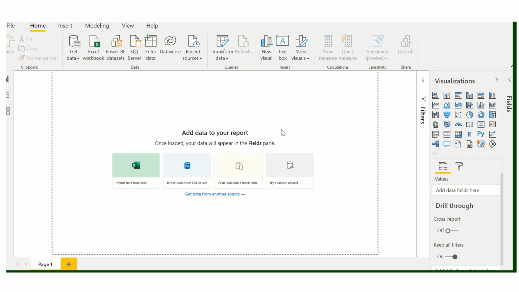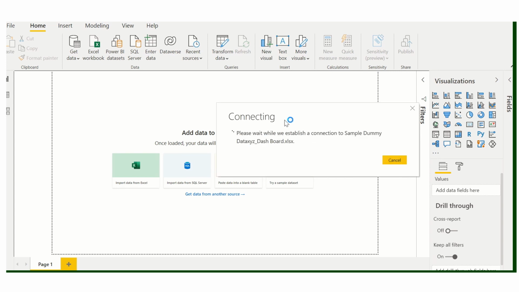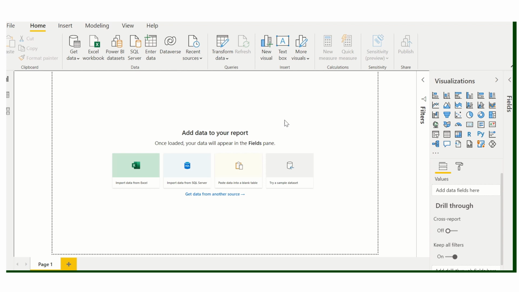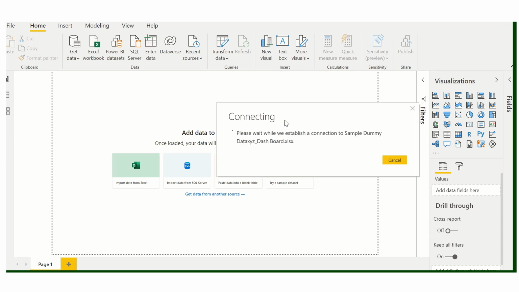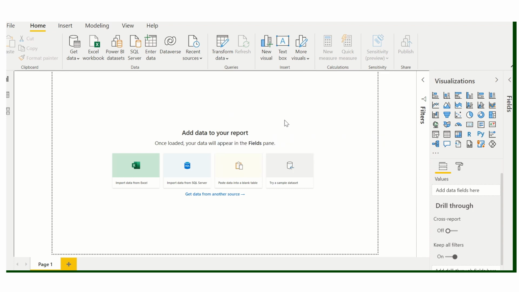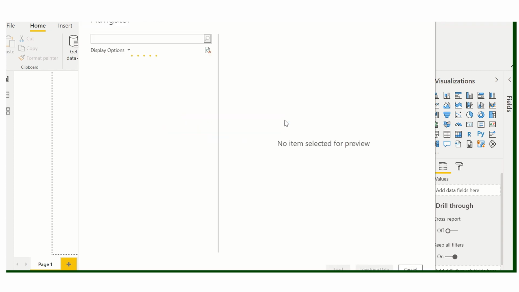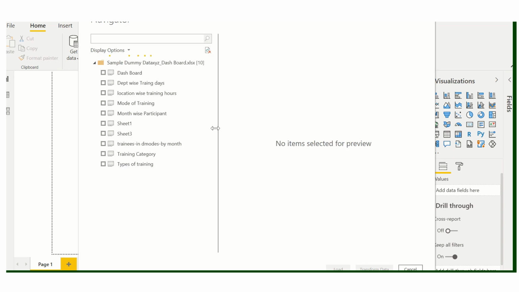The process is going on. So we have to wait for a few seconds. Now we have to select the sheet name, Sheet 1.